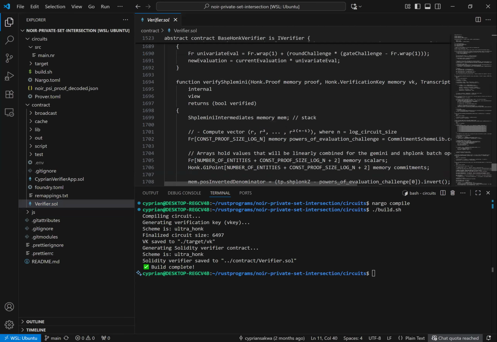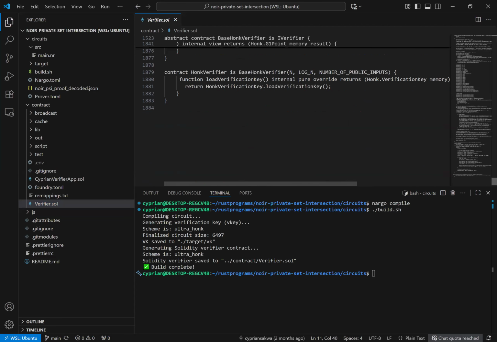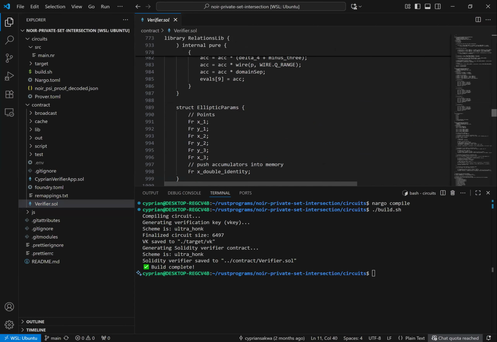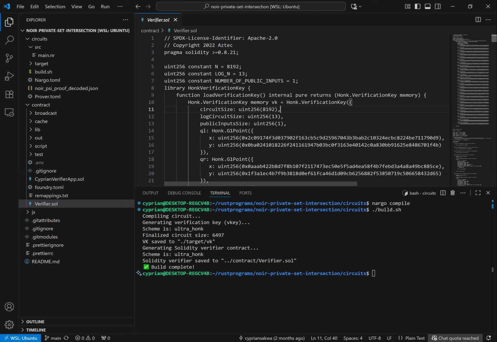When you scroll to the bottom, you're able to see that the contract is HonkVerifier, the base Honk verifier. So if you look at the bottom, you can see the name of this contract. Good. So that is about how to create a Solidity verifier. Now, the other thing we will need to add,